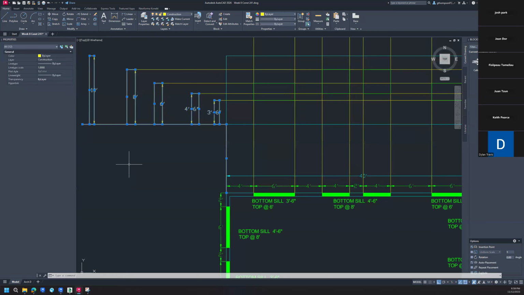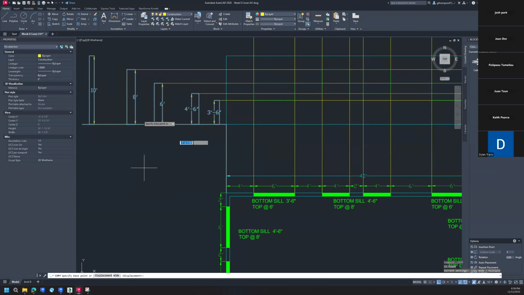And we could copy that using our copy command, so COPY. Or again, it's this guy up here, copy. And we're going to copy with this bottom left corner of the north wall. We're going to copy from here